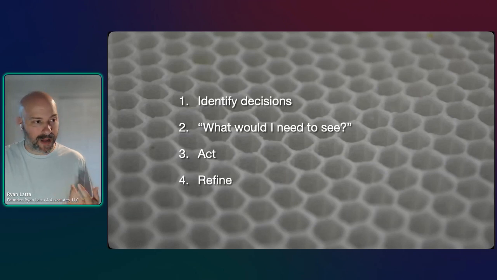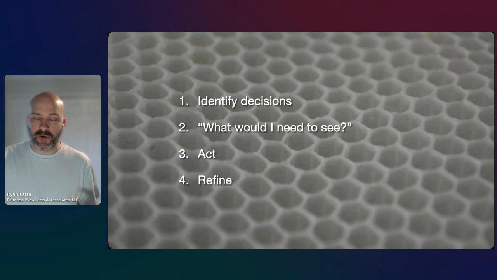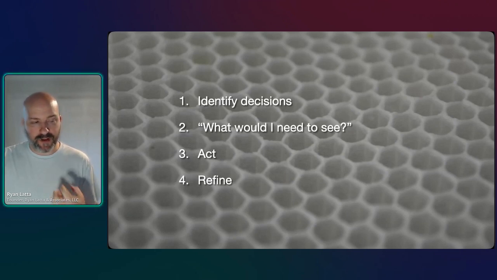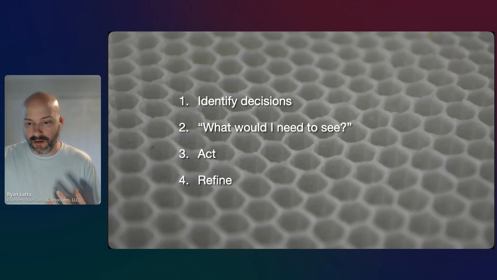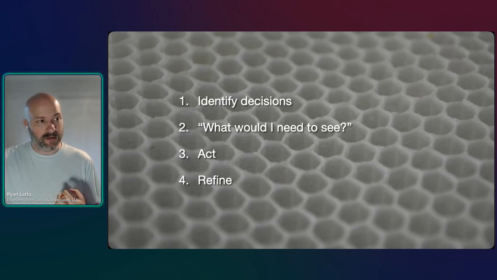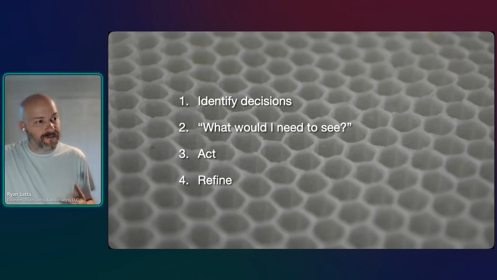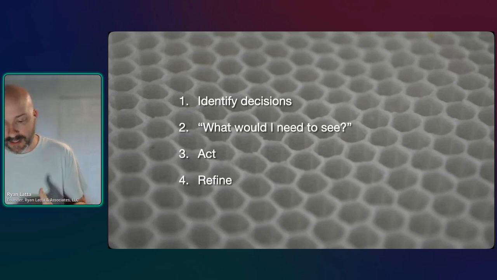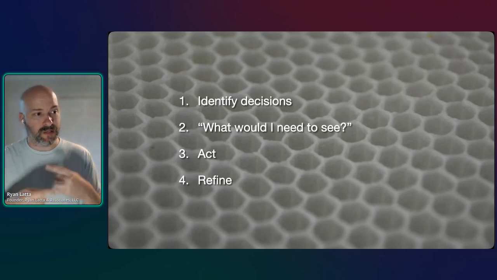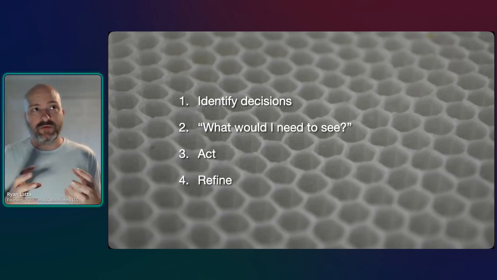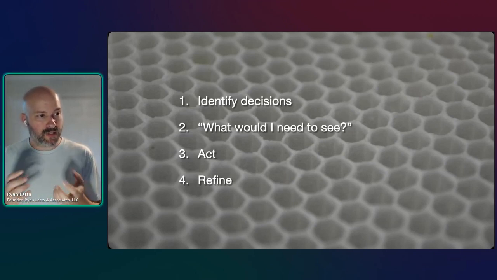And you get to go back and ask the second question. Well, what else would I need to see that would cause me to act? And this moment of hesitation is going to cause you to refine what signals you've developed. And I want to point out that it's not the feeling of hesitation that is correct. The feeling of hesitation is a signal in and of itself. And why I want to bring this up is that moment where you have to act and then decide if you were at the right moment of acting is how you're going to develop this sense of how these metrics and signals really play into things, what connections exist.